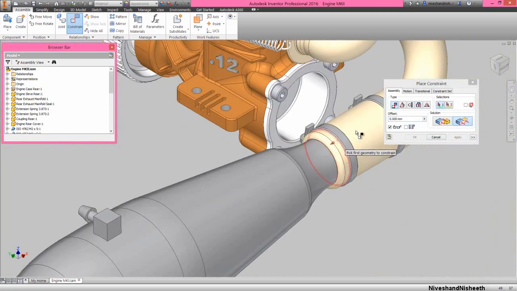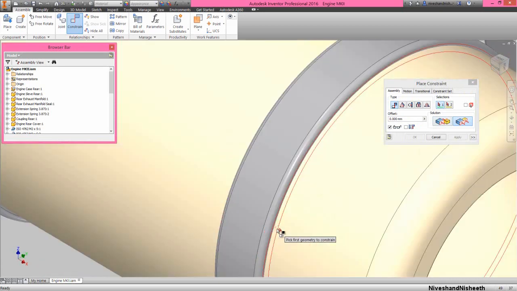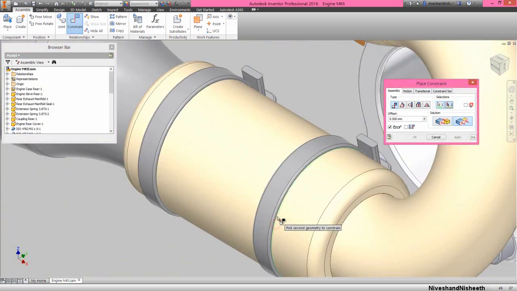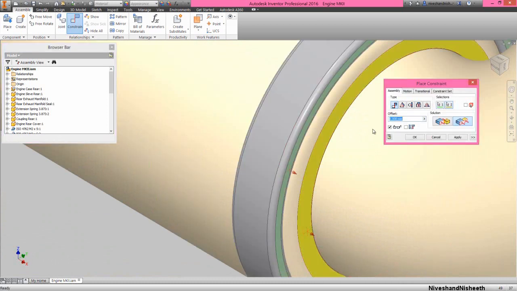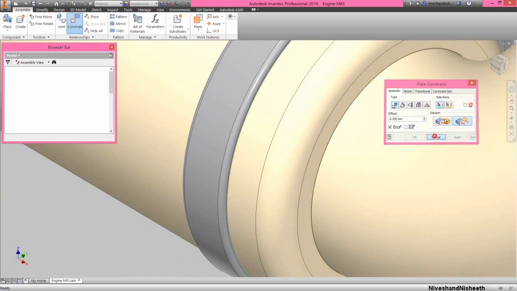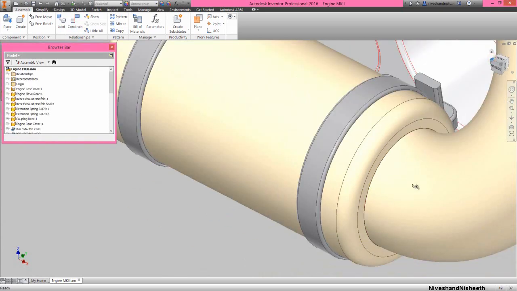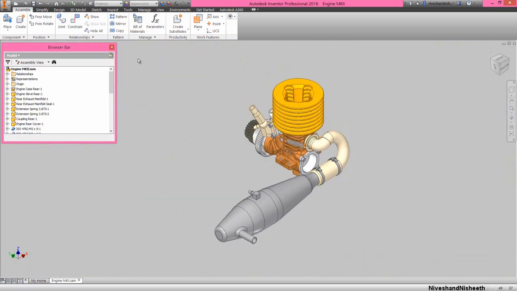In the same way, we will apply another flush mate over the opposite side of carb zip tie and coupling rear part. Okay, now see the result. Save the assembly.